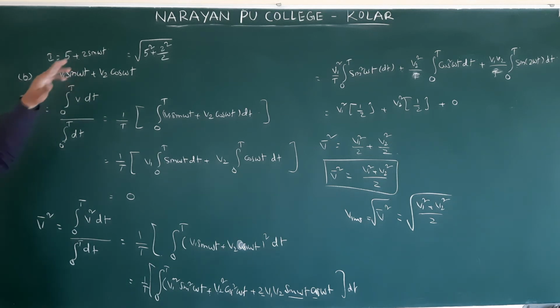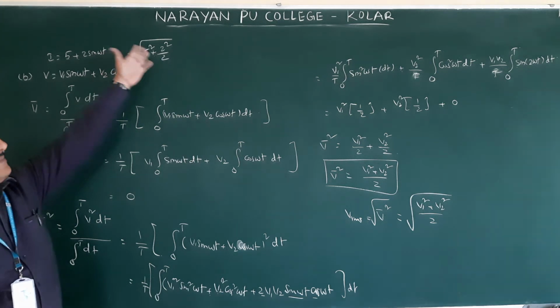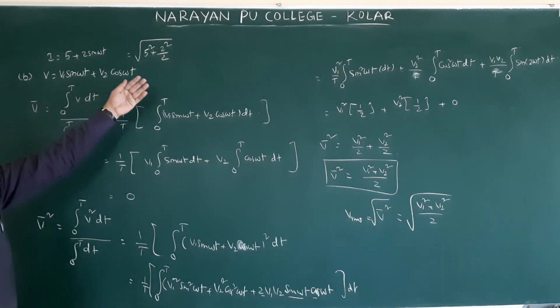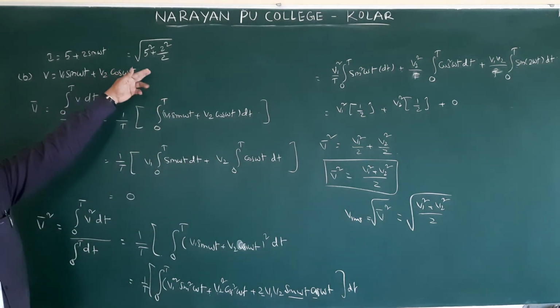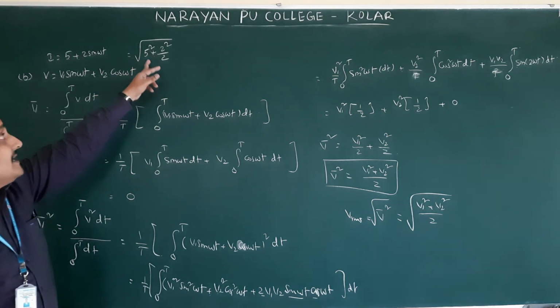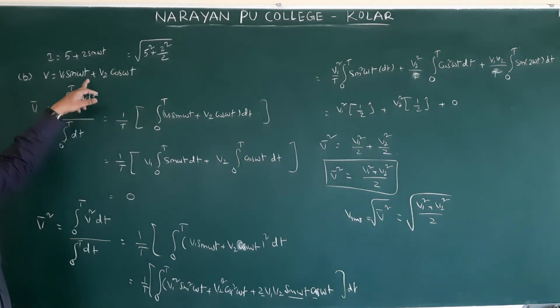Whenever they give it like this, if they are asking for the mean square value, you can directly write it like this. Root mean square value means root will be there. Mean square means 5 square plus 2 square by 2. You came to know this according to this equation. Therefore you can solve directly like this. You don't need to waste that much time in a competitive exam. This is the shortcut: 25 plus 2, you got 27 there, and here also 27. So this is the formula.